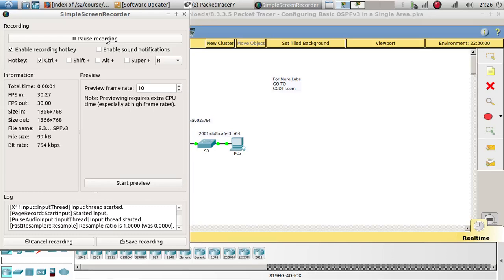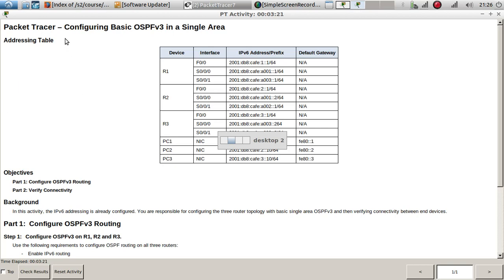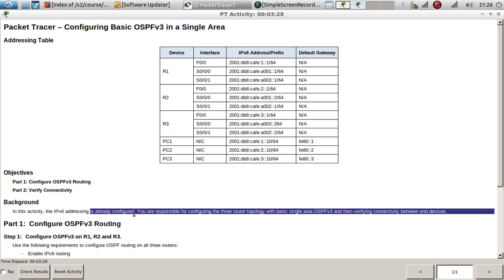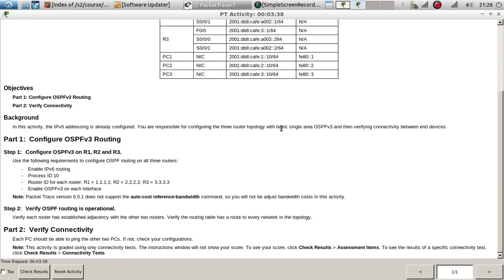Hello guys, welcome to this new video. In this video we are going to talk about configuring some basic OSPFv3 in a single area. Let's read this background. In this activity, the IPv6 addressing is already configured, so that's good. You are responsible for configuring the 3 router topology with basic single area OSPFv3. That means all of them are going to be using area 0 and OSPFv3,